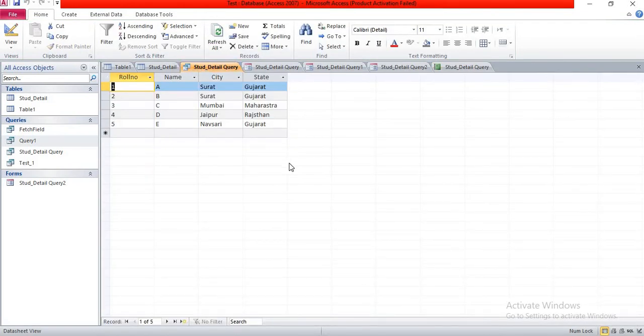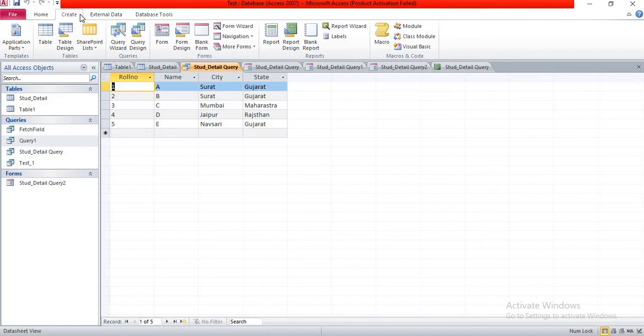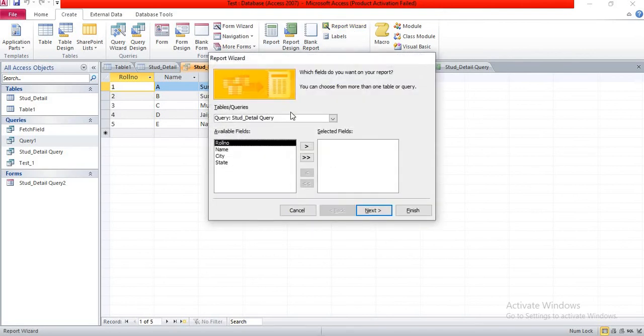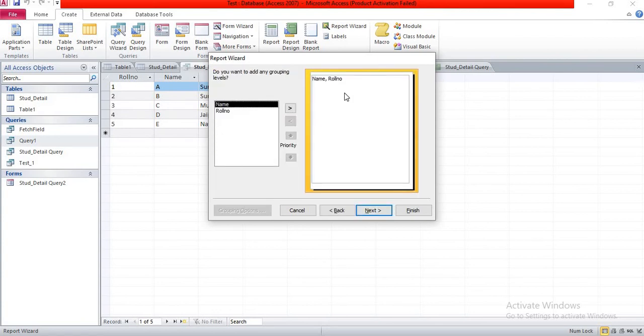Now our second option in report is report wizard. You can just go into the create menu and you can see here the report wizard option. Click on the report wizard option. Now suppose I want to show only name and roll number and click on next. After selecting the desired fields for the report, click on next.